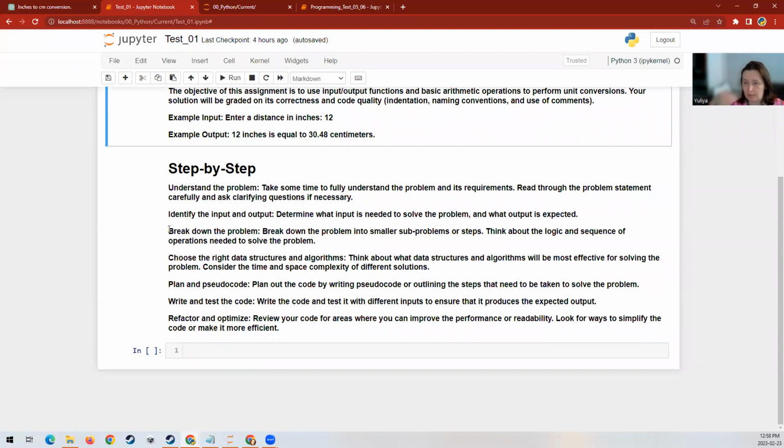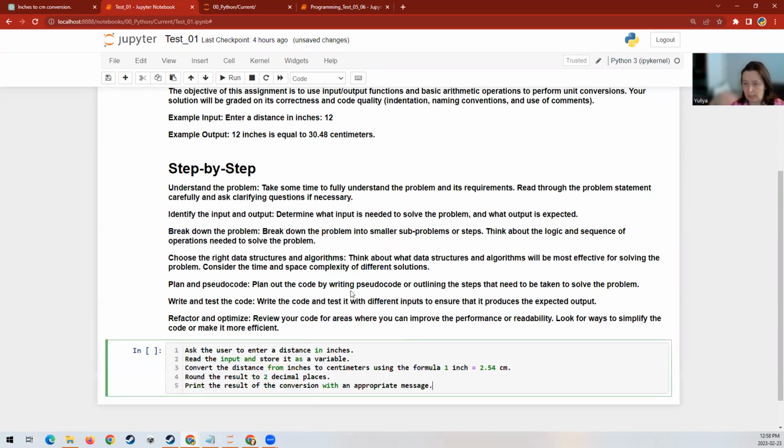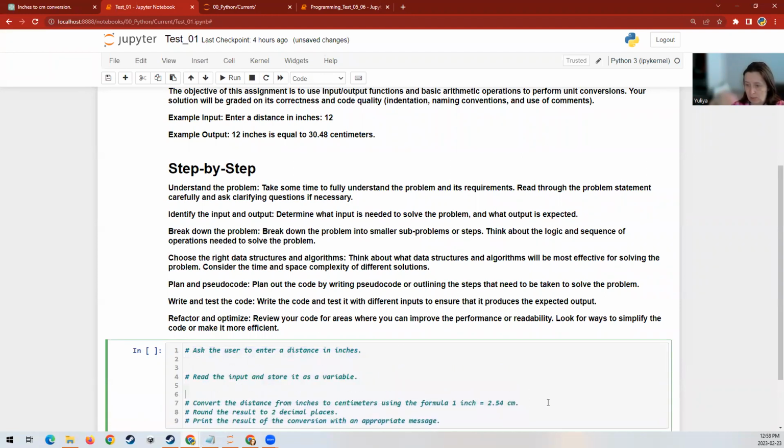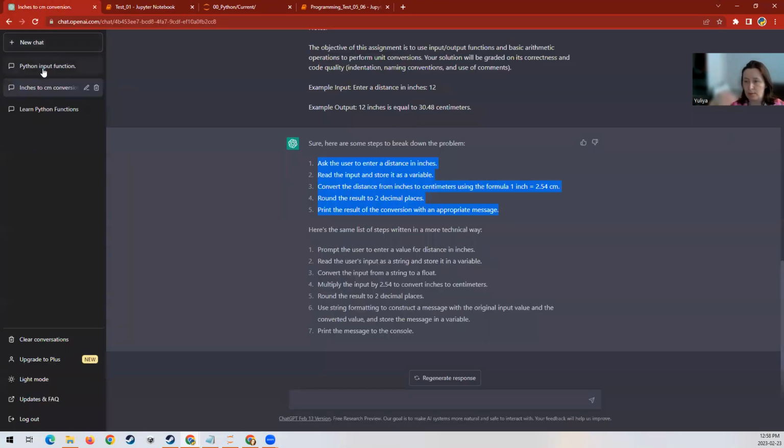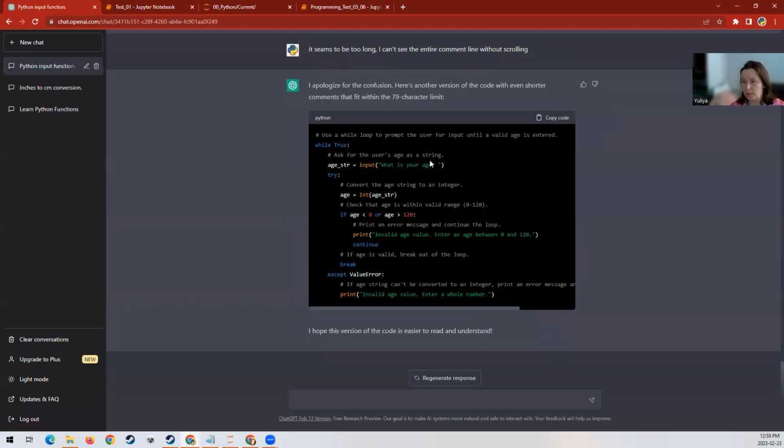So basically we are here, break down the problem. And we will paste it here. This is our guidance. We can use these as comments for what we are doing. So the first thing to do is to ask the user to enter a distance in inches. As you remember, we have already worked with this kind of problem here. As guidance, you could copy this code,